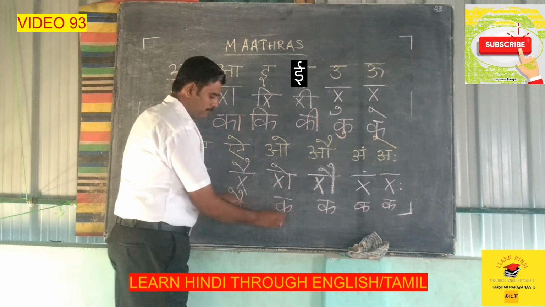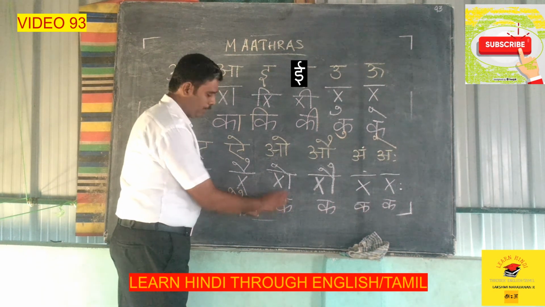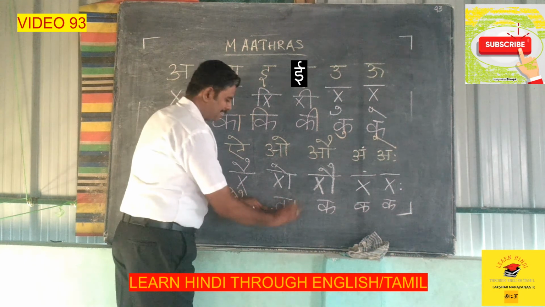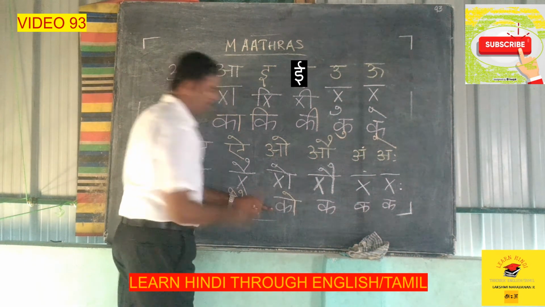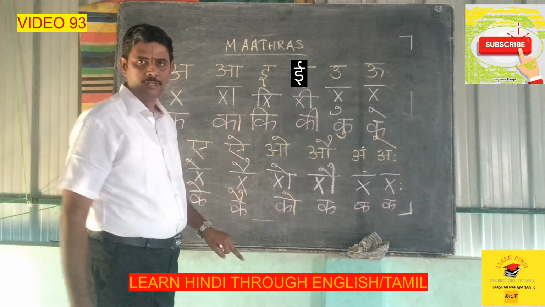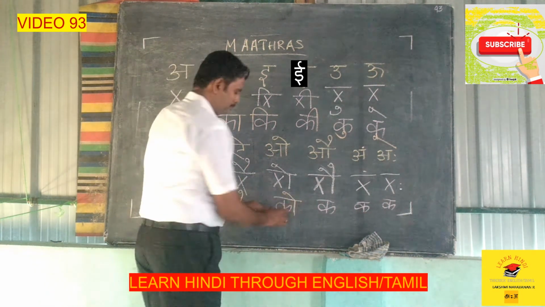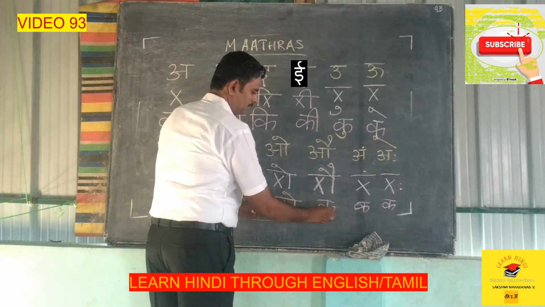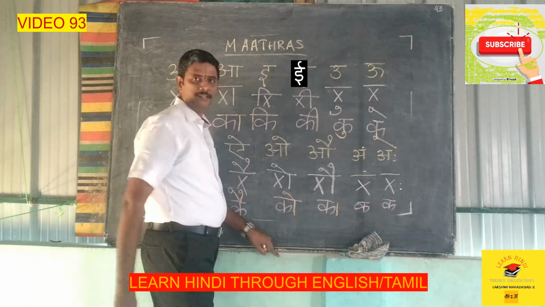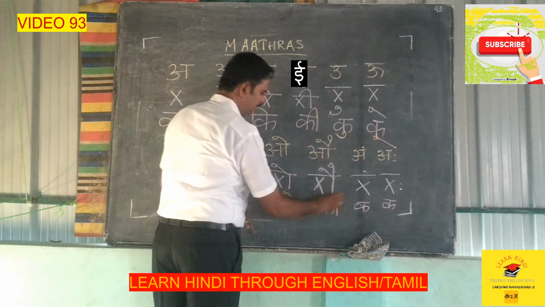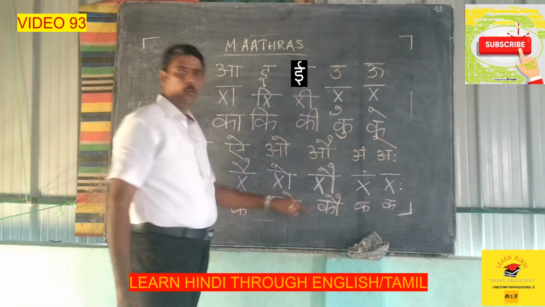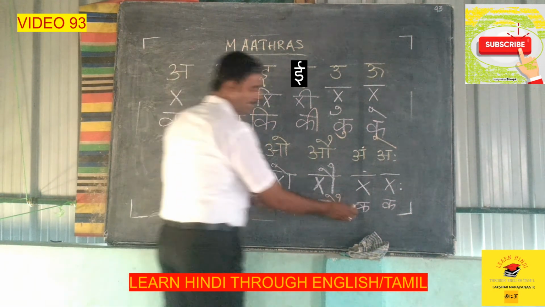How Ko? First step, you write the same letter. Next you make it Ka sounded. Next you make one bend here. Add one bend. It becomes Ko. How is Kau? Same letter Ka. It becomes Ka, now Ko. Again one more bend in the same one. Kau. Now how does Kam come?